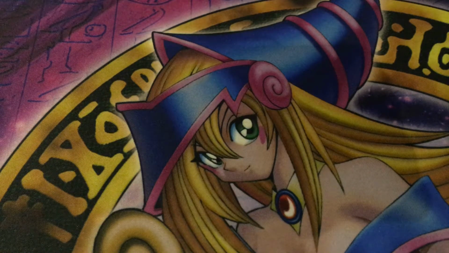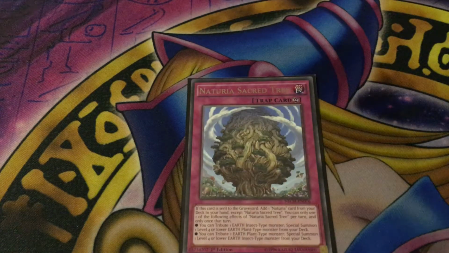So starting off, of course, the card I've been mentioning quite a bit is the Treacherous Sacred Tree. So if this card is sent to the graveyard, you get to add a Treacherous card from your deck to your hand, except Treacherous Sacred Tree, blah blah blah, we don't care about that. What we care about is that you tribute one Earth Insect type monster, special summon one level 4 or lower Earth Plant type monster from your deck. Or you tribute one Earth Plant type monster, special summon one level 4 or lower Earth Insect type monster from